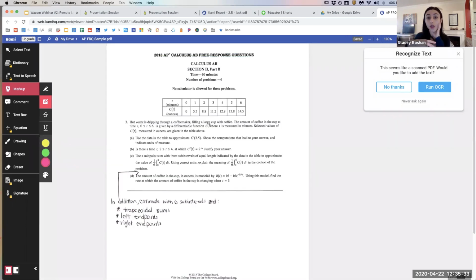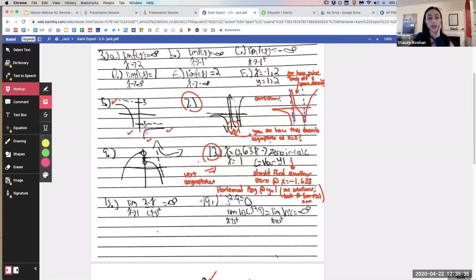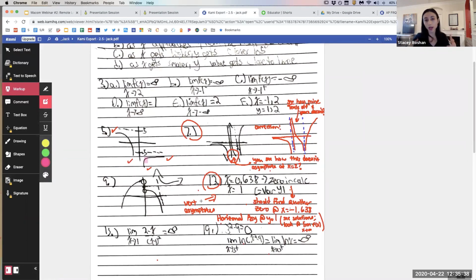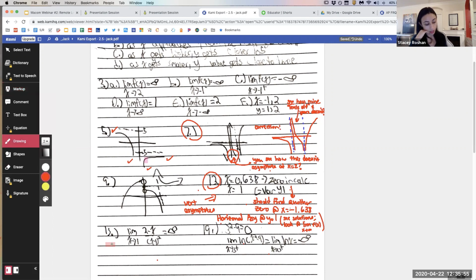So when my students turn in, this was a snapshot of a student's work. They just took a picture of their work. They upload it as a PDF to Google Drive, and they submit it that way. I just right-click on that document in my Google Drive, and then I have all the pen tools available there, just like this, and I can change the color of my pen. I can mark up their work just like that with my pen, and then I can share that back out with the students just with a share link here, or I can also download that document